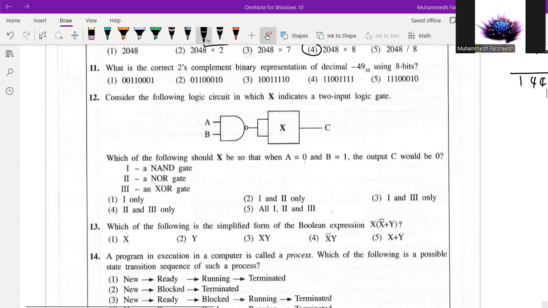So we have question number 11, which talks about two's complement of binary representation. And that is minus 49. If it is plus 49, we are not going to change it into two's complement, which is actually the binary. Just convert to binary, you will get plus 49. Then you have to flip it back. Anyhow, the first section is you have to convert to